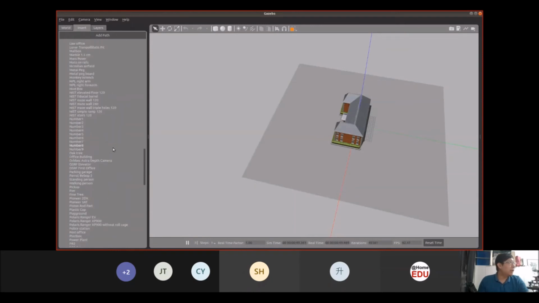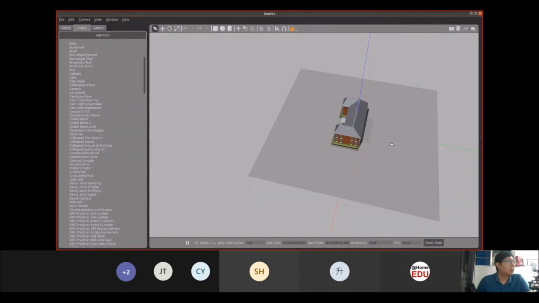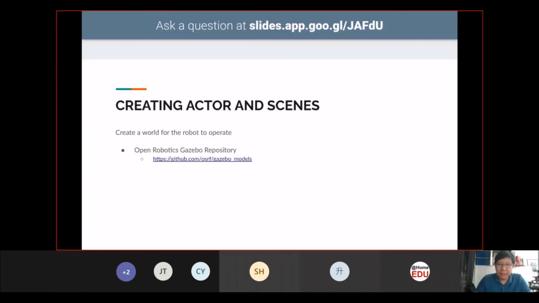You can also have things which are not empty in the middle. So for example, I have a cafe over here. So let me just clear off the Gazebo first.